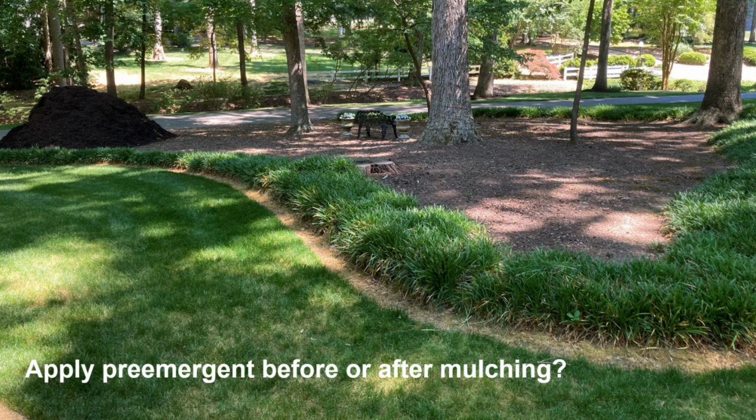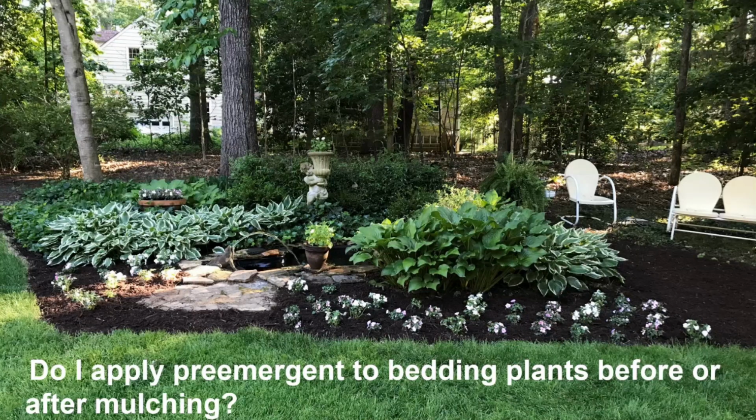And then I also get this question too: okay, we're landscapers, or we're putting in summer color at the golf course or wherever it might be. Now, do I want to apply my pre-emergent to the bedding plants before or after I mulch in those situations? And here, I usually follow the same rules that we did in that previous slide, but the most important thing